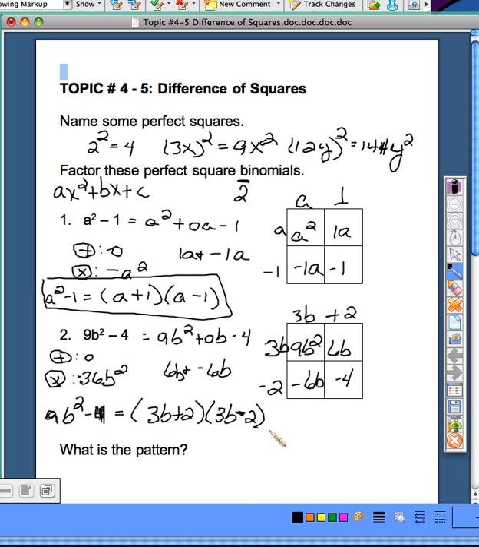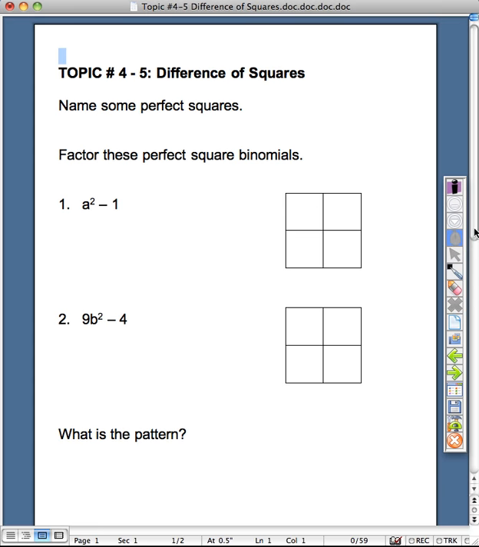Okay? So that's the pattern we see. We notice there's a minus sign between two terms we can take the square root of. Then when we do our factors, the first term is the square root of the first term. The second term of the factors is the square root of the second term, and one of the factors is positive and one is negative. So I've kind of restated that a couple times. Let's move on to some other examples